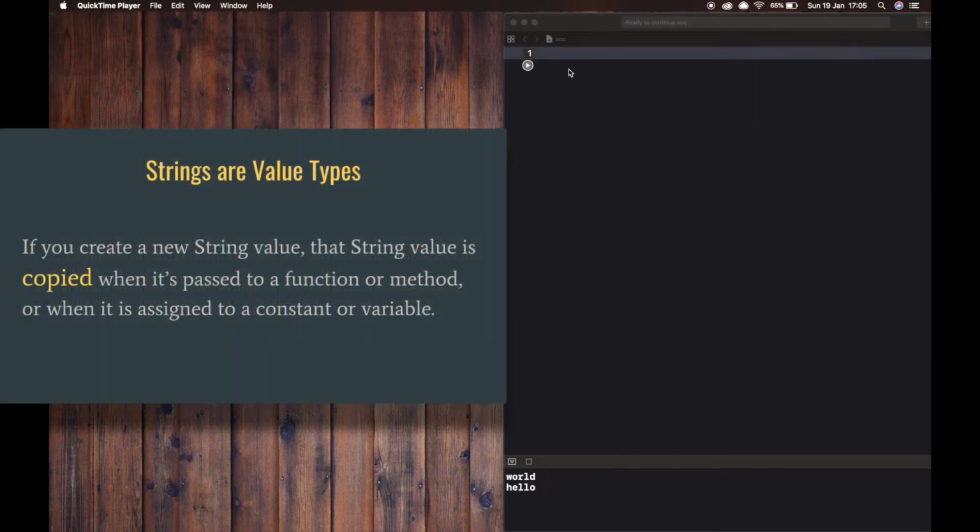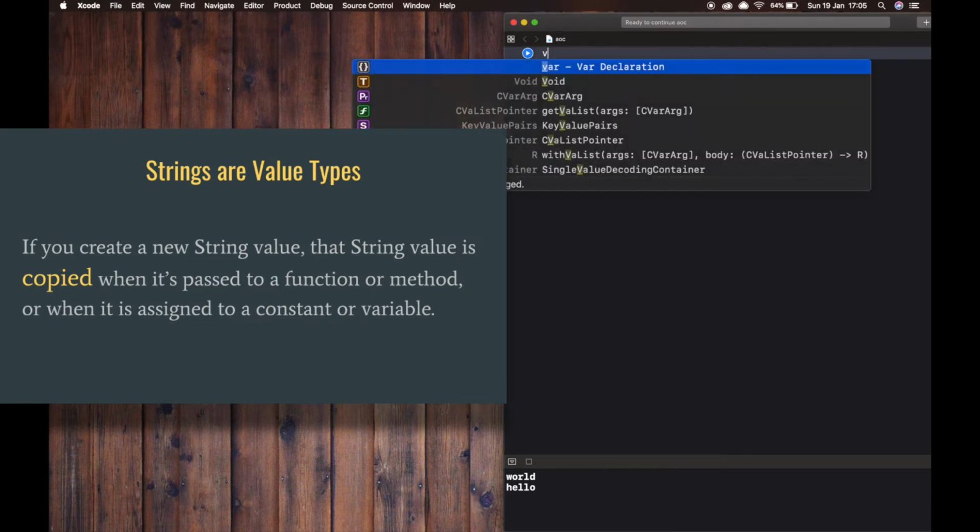Swift's string type is a value type. If you create a new string value, that string value is copied when it is passed to a function or method, or when it is assigned to a constant or variable. We can check with an example.